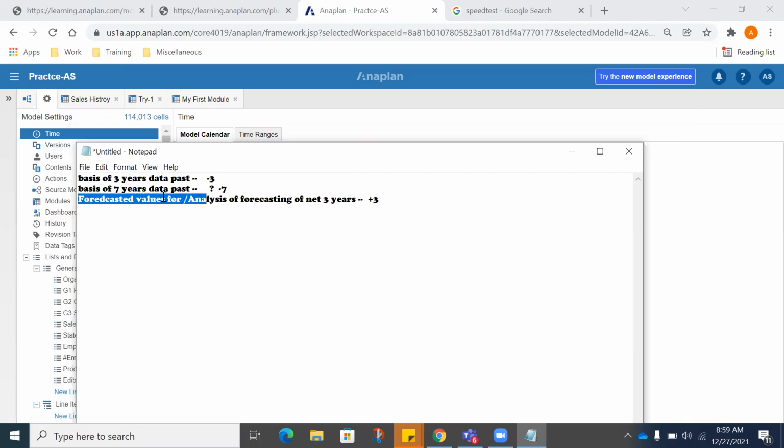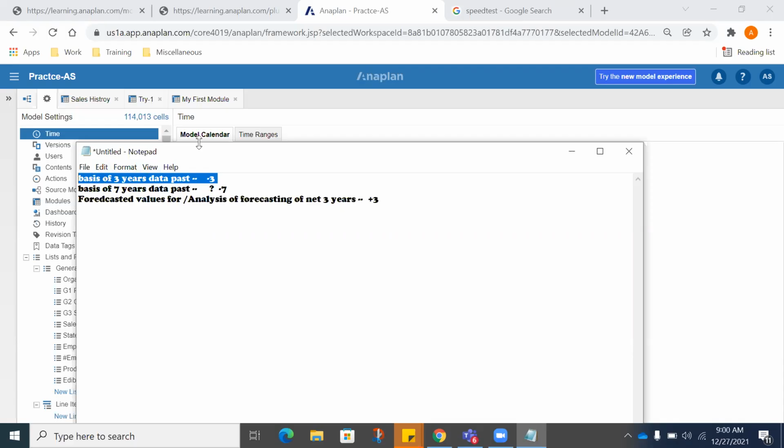This one is a very rare one, only for one scenario. You will have this basis of past 7 years data. This is also only one scenario, that is analysis for forecasting of next 3 years. That is +3 for only one specific value you need to enter like this. Okay. And then you had that normal one, where we started on the basis of past 3 years data. The pain point over here is I don't know how in the world I'll accommodate all these different types of data with me,